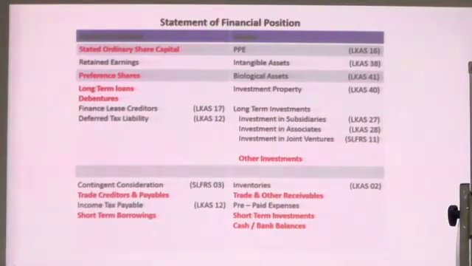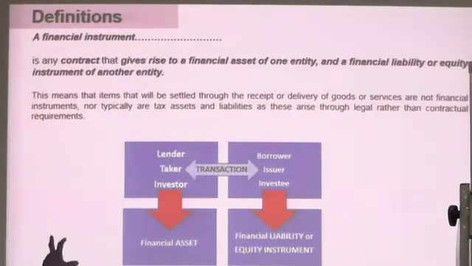Therefore, a financial instrument is a contract between two parties. One party will recognize the asset, the other party will recognize their equity instrument or financial liability. If you take this side, let us take this stated capital. This entity recognized stated capital as an equity instrument, while for the other party it is an investment, a financial asset. Clear? Then we can move to the words we are using.